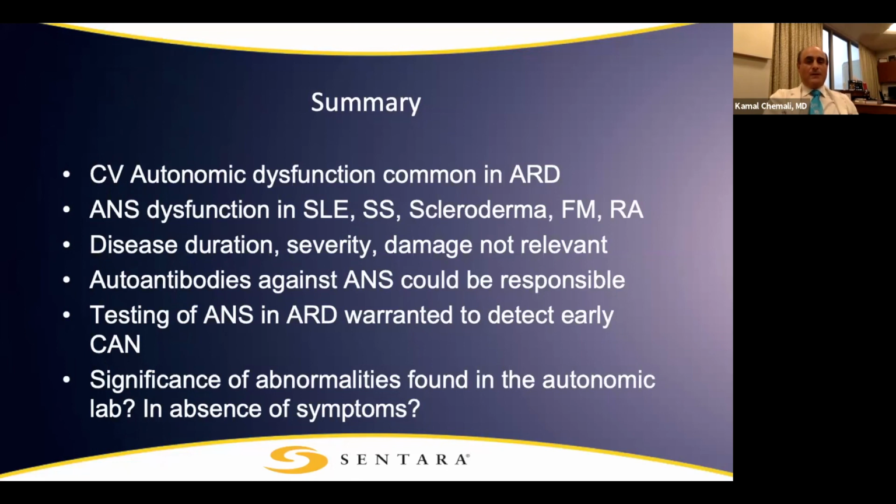Disease duration, disease severity, and damage resulting from the disease to the multiple organs seem not to be irrelevant to predict the severity of the autonomic abnormality. Autoantibodies against the autonomic nervous system could be responsible for the autonomic nervous system disorder. Testing of the autonomic nervous system in autoimmune rheumatic diseases is warranted to detect early cardiac autonomic neuropathy. And this is really the only reason, I would say,